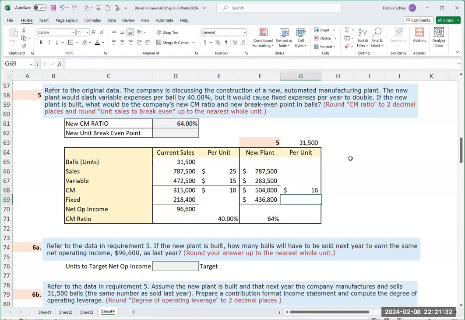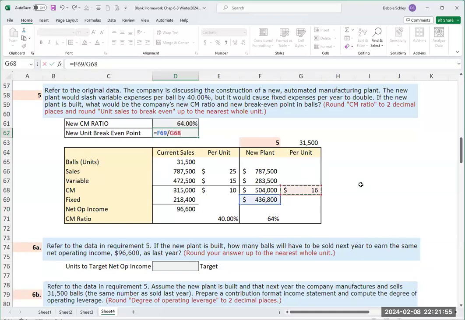And that will tell me the contribution margin per unit. Now I have the information I need to figure out the new unit break-even point, or how many balls I need to sell. So again, that's fixed expenses, but remember we're using the new plant information where fixed expenses are doubled, divided by the contribution margin per unit. So I need to sell 27,300 balls to break